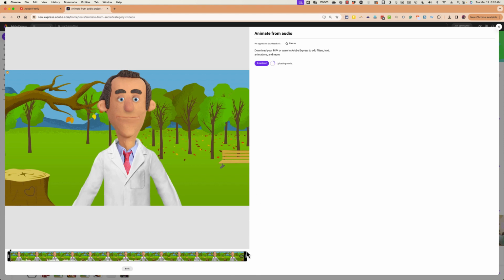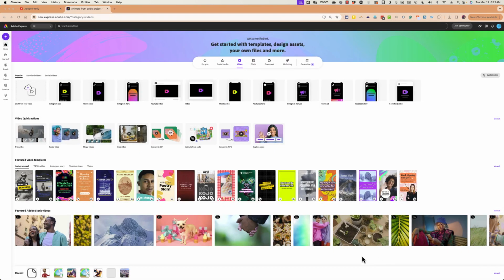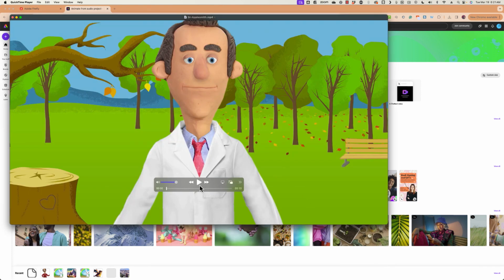There are many more things you can do with this, including opening it in Adobe Express and then adding text and all sorts of things. You can do some basic edits. But for now, I'm just going to download this to my computer, and then I'm going to X out of this animation. If I go to my downloads, I can open it up and you can see the quality of